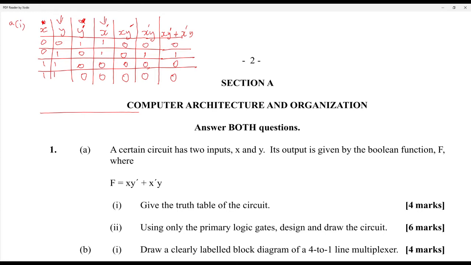Alright, so let's rewind. This one here is supposed to be our 1. My bad. Alright, so if this is supposed to be our 1, then that changes the whole thing. So let's go back now and do the x not y, 0 or 1. No, that'll still come out to be a 0. X and not y will still be a 0. So I don't think it's changing anything. It's just I made a mistake there with the not y.